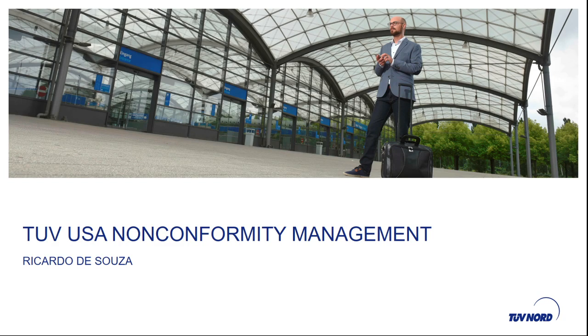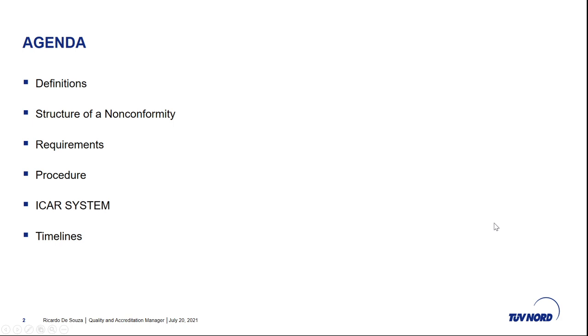Okay, very good. So we have our nonconformity management process. It is required when you have an accreditation that you have a formal process established. And today I'm going to basically talk to you about some definitions. What is nonconformity? What is considered a nonconformity? The difference between minor and major nonconformities, the structure of a nonconformity, how we write nonconformities,